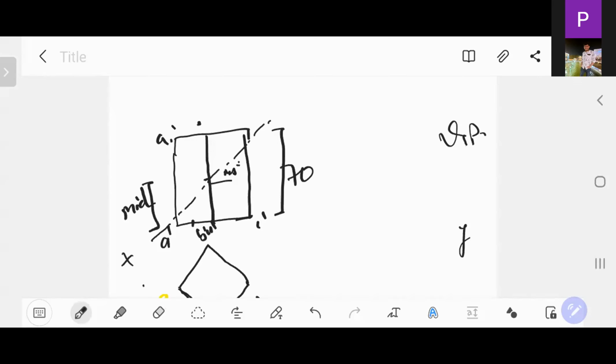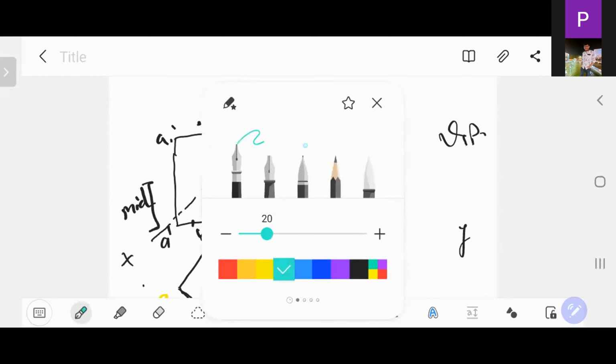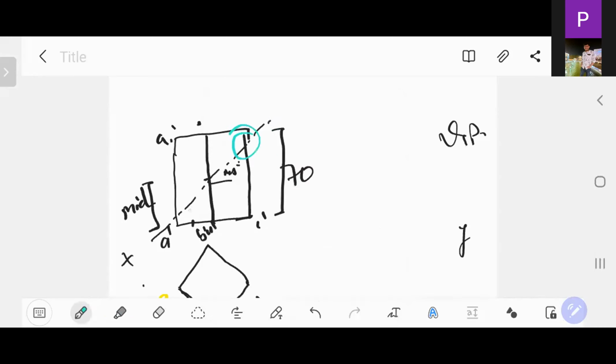Yes, please type done in the chat box. And those who complete, send me the photo so that we'll proceed. This line is passing through which location? This is the main question. You have to just show me the exact location of which point this section line is passing through. So those who have completed, send me the photo quickly on WhatsApp. Proper image.